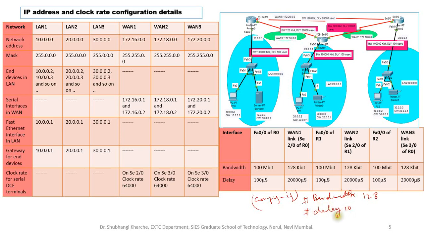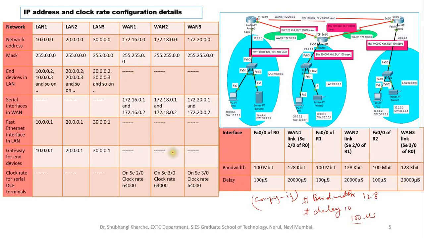Now when you set the delay 10, the delay available on that particular link will be 100 microseconds, because as I told you earlier, on the links of the EIGRP router, the delay available is in tens of microseconds. So you need to set the delay with a value which is 1/10 of the actual delay value.